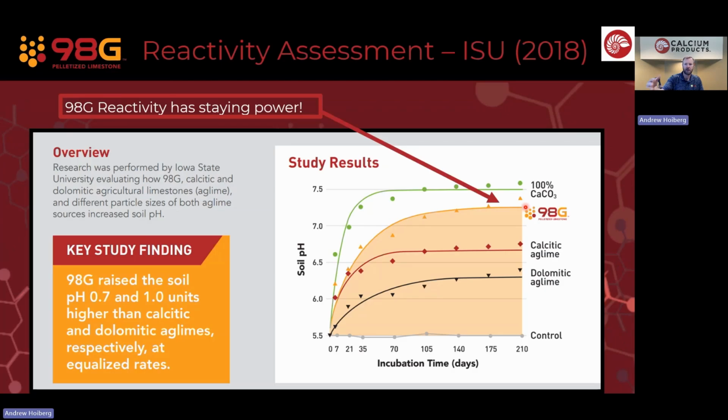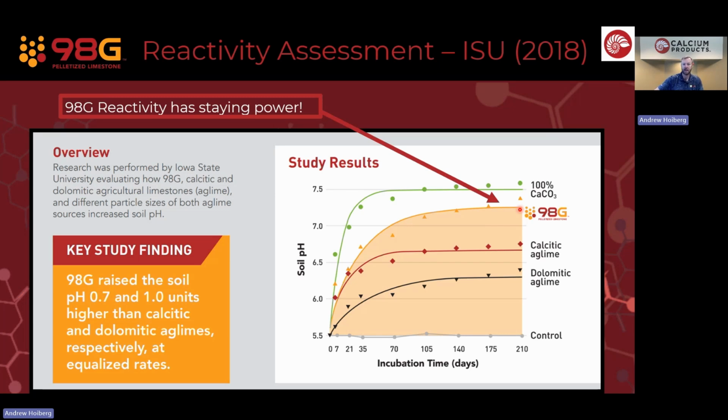So I think that's, again, really important to look at. And what this also allows us to do, since there's such a big difference in the pH differences at the end of the study, is use 98G at a more targeted pH value than we would with ag lime. With ag lime, these application rates really should have been targeted for a higher target pH compared to 98G. And that's really how we recommend 98G be looked at versus ag lime: you use 98G at a target pH of 6 or 6.3, but you have to target ag lime at least 6.5 to achieve that same